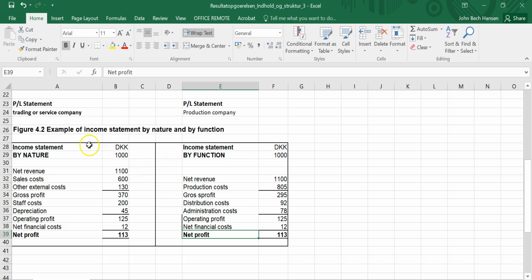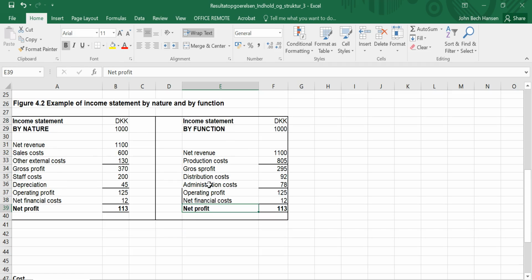And you could say as a rule of thumb that normally trade companies and service companies will use an income statement by nature. Production companies will use an income statement by function. But these are, of course, the external